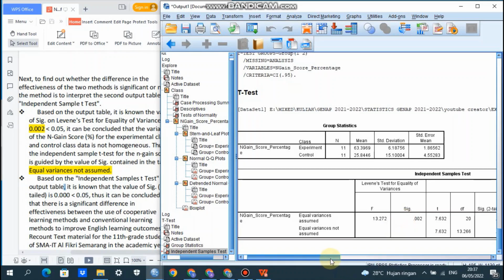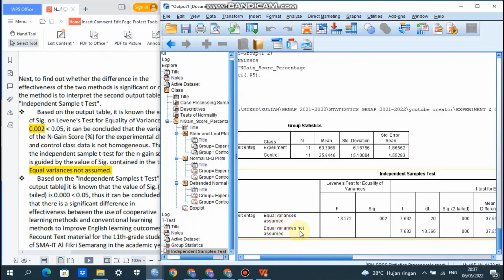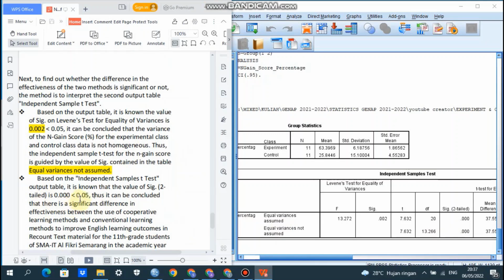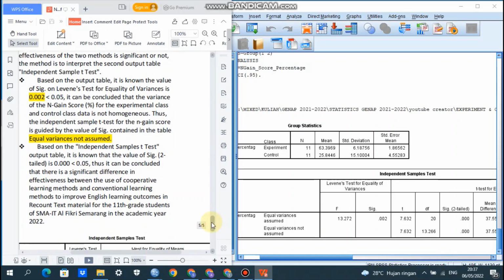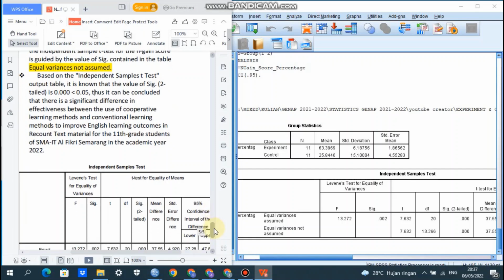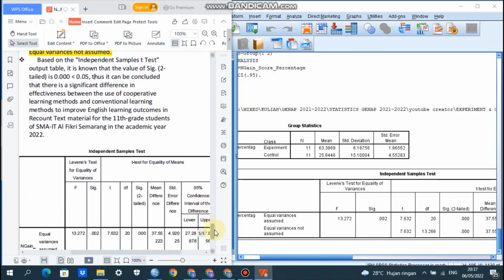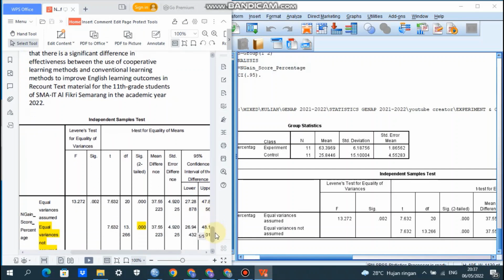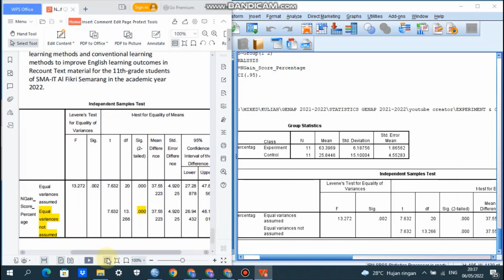Because the data are not homogeneous, we go to equal variance not assumed. And significance two-tailed here shows 0.000, which is less than 0.05. So it can be concluded that there is a significant difference between the implementation of cooperative learning methods and conventional learning methods.